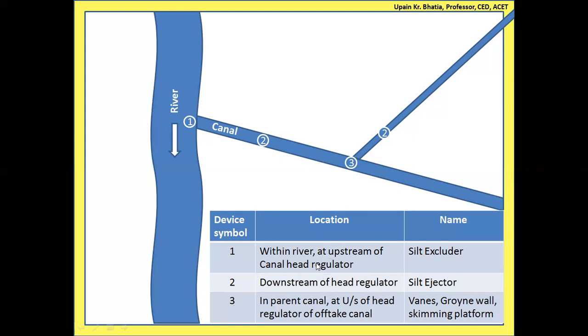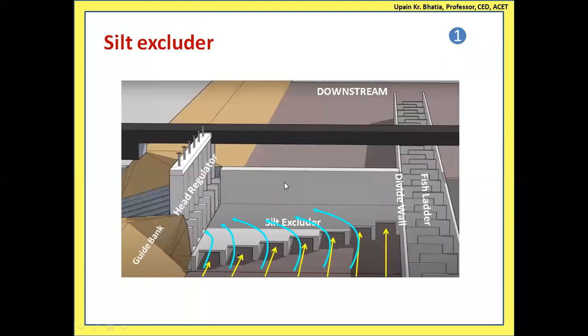And if you just recall what the silt excluder and silt ejector were, this is what we have already done in the previous 2 lectures. Silt laden particles or silt laden lower layers of the water enter into these undertunnels of the silt excluder, and they find their way to the downstream side of the river if the undersluice gates are raised and some passage is provided for this silt laden water to go to the downstream side.